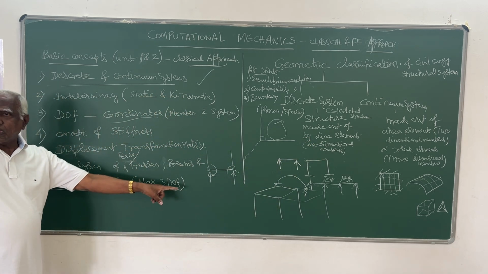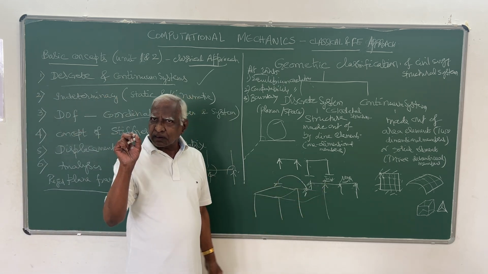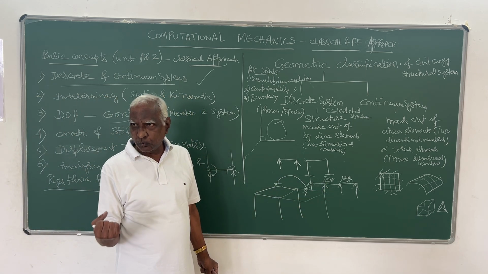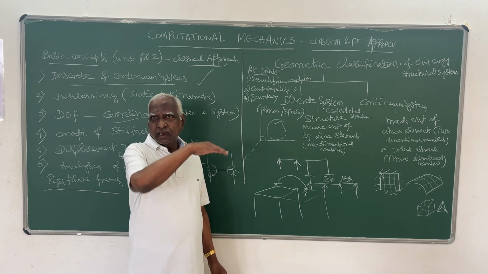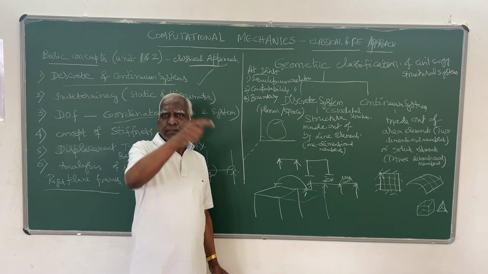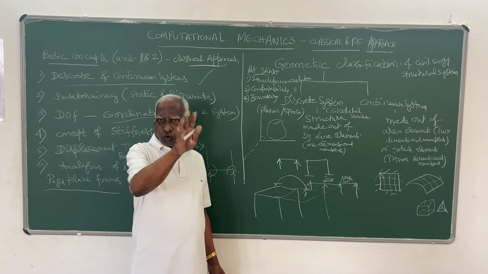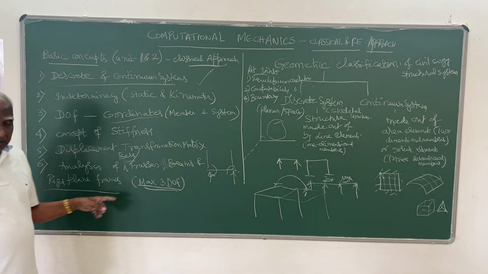That also I have defined. Degrees of freedom: at joints, some restraint is there, that is boundaries, restraint will be there. Other than boundaries, at all other joints, whatever the number of forces or displacements occur, that we call